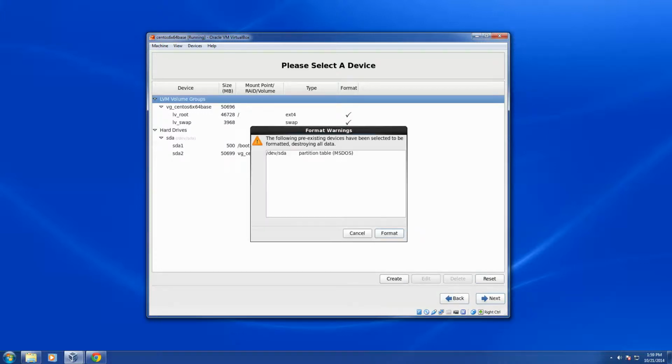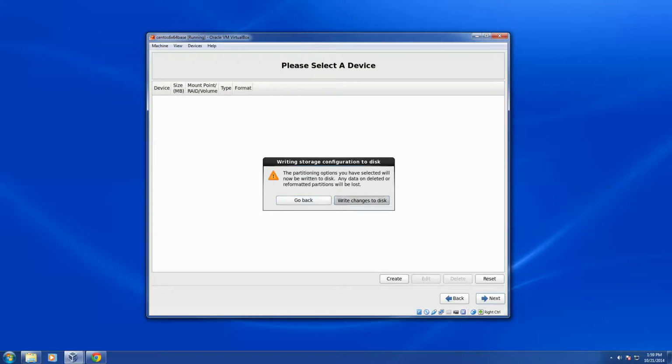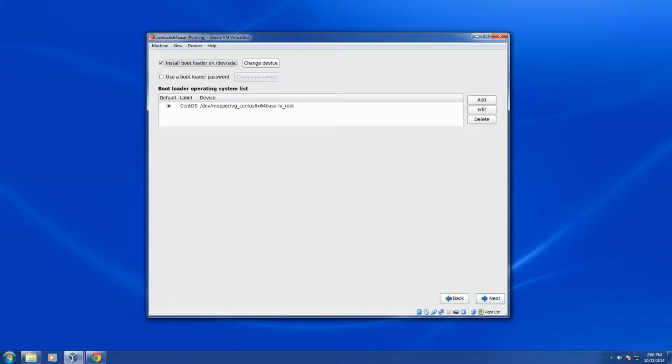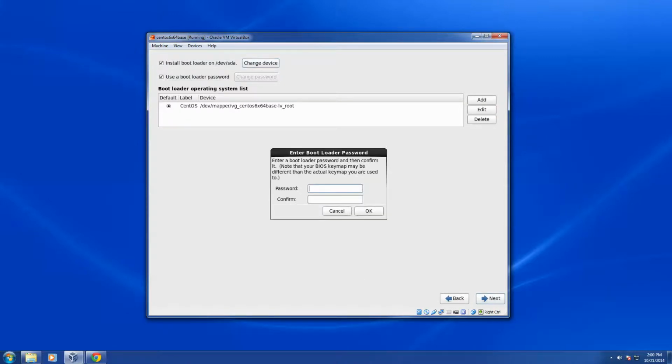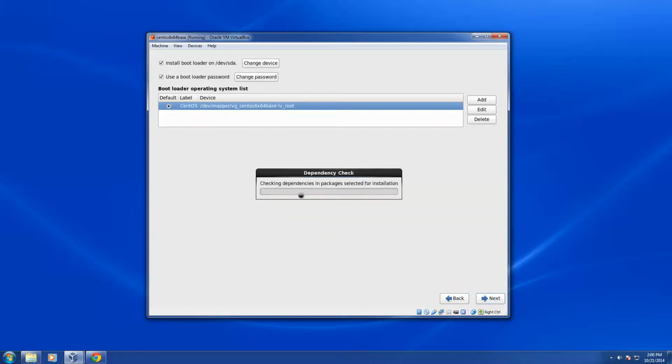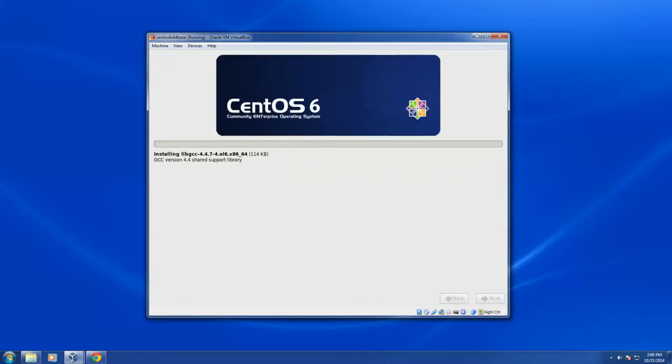And it says, do I want to format that? And yes, I want to format that. And I'm going to write these changes to disk, which is going to set the partitioning. Now here I could set a bootloader password, so I'll go ahead and set a bootloader password. Okay, and that is where I want the bootloader to load to, is that volume. So I'm going to go ahead and say next,